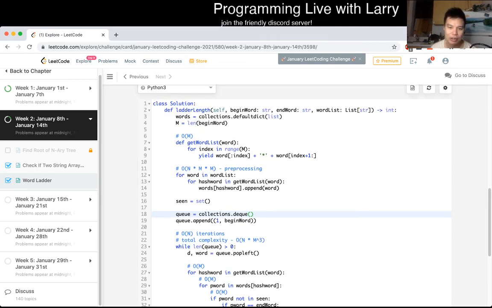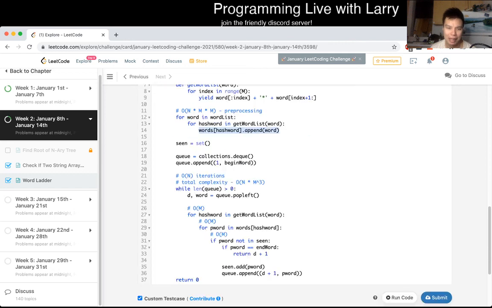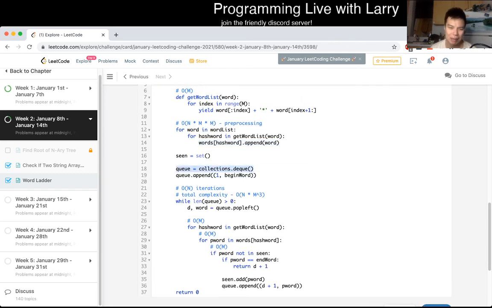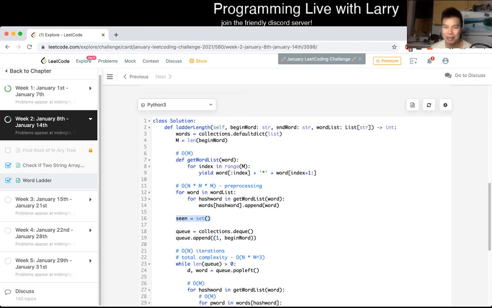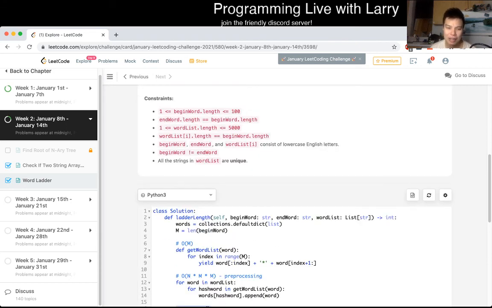Here, each word already appears O of n times, or there's O of n words, and for each of them there'll be m of them, and we store it in m places. So it's going to be n times m squared again for space at least. And yeah, the queue as well, but that part is not as much, and the set. So it's going to be a lot of characters, and maybe there's some compression and stuff like that, but that makes it even slower. But besides that, so yeah, it's going to be n times m squared space,